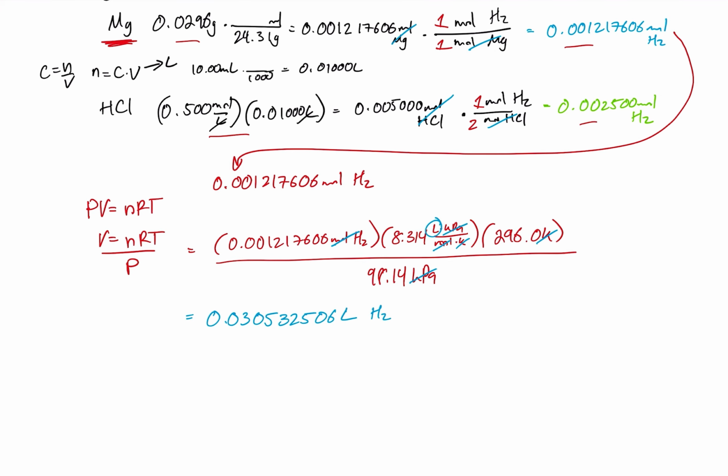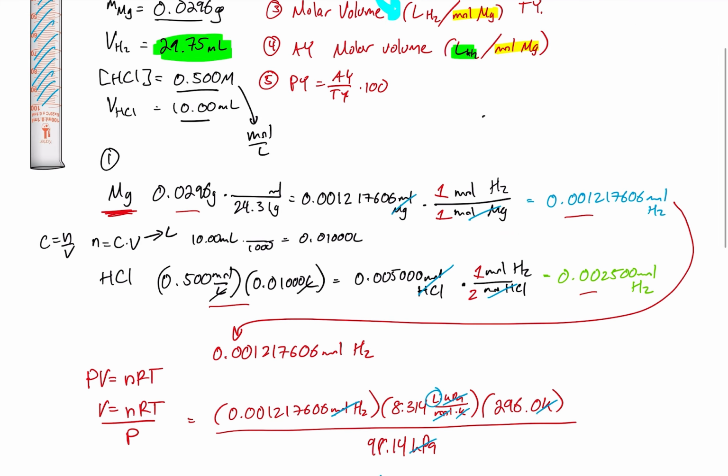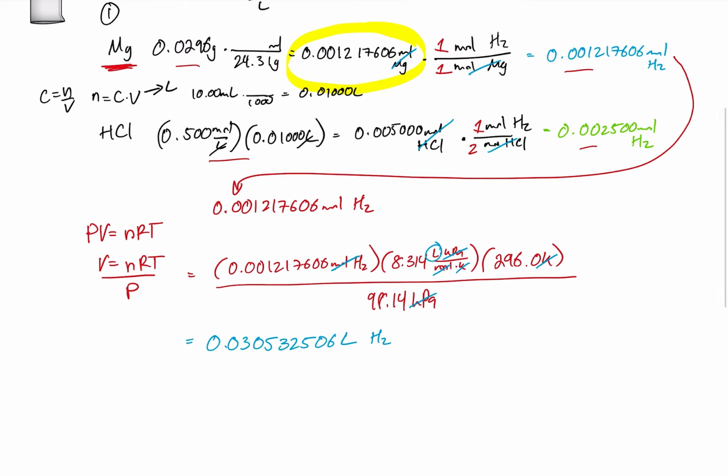Now, what we're going to want to do is calculate the molar volume. So how many liters of H2 is going to be produced per mole of magnesium being reacted, magnesium being our limiting reagent. And so we're going to go back and highlight the value for that limiting reagent. This is how many moles was consumed. And remember, the limiting reagent is always going to be the one that gets consumed completely. And so we're going to use this in order to do this last calculation. We're going to take this value and divide our volume of H2 produced by the moles of magnesium that were consumed,